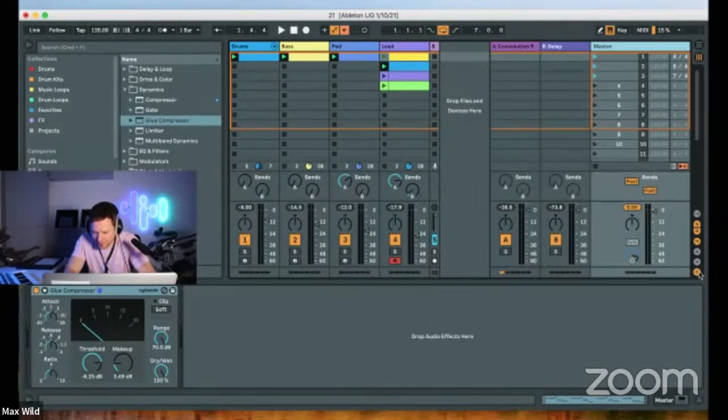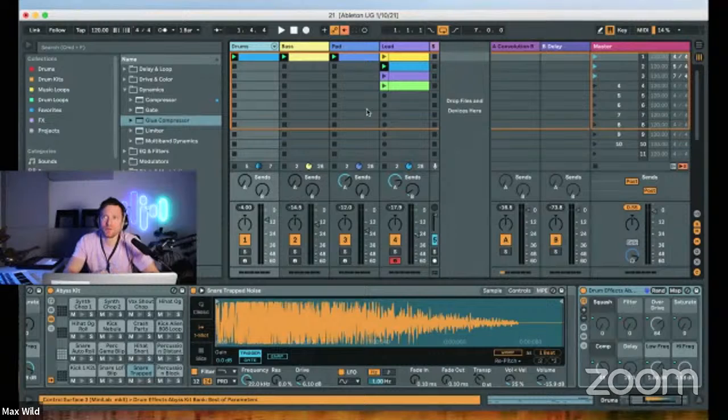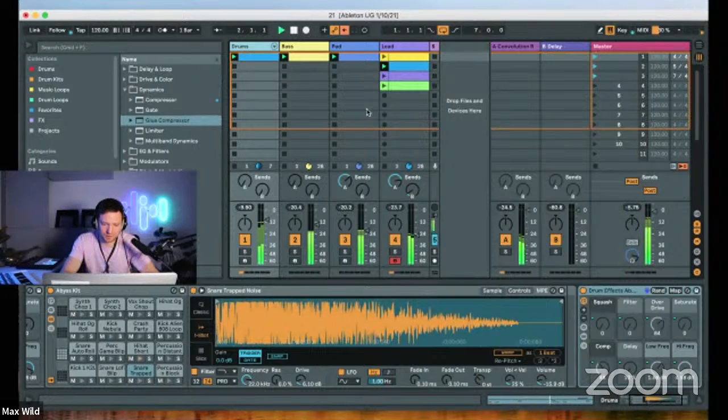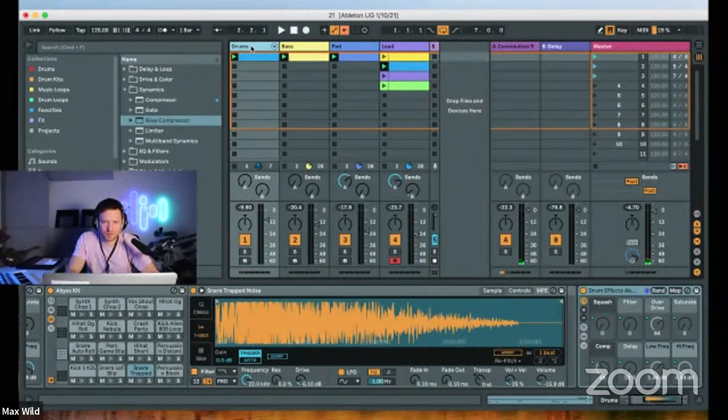One more thing I'm going to show you before I get into comping is the CPU metering right here. So down here, this little C button on the right will show you the CPU usage of each individual track, which is super cool. If you're using CPU intensive plugins, or you're trying to figure out where the CPU usage is the heaviest. So as you can see, my CPU usage is heaviest on the drums, then a little bit on the lead,